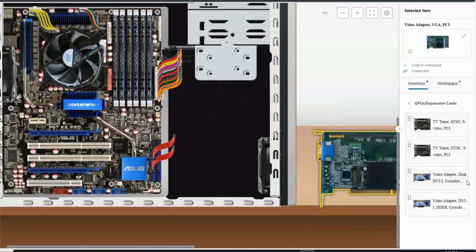You can compare the different types of cards which are listed down here. If you were thinking about what is modern relative to VGA and DVI, the modern ones are DisplayPort and HDMI. So anything that has DisplayPort or HDMI,